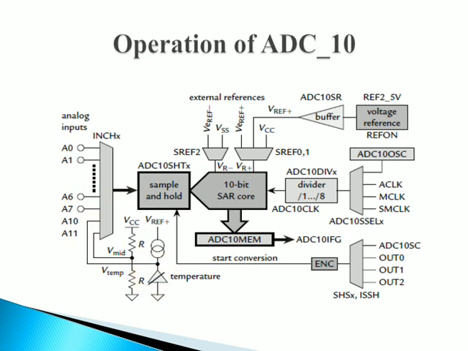Next we have the conversion trigger. This conversion can be triggered by setting the ADC10SC bit from software, and after completion of the conversion it is reset automatically. So this is your input conversion trigger. The next block over here is voltage reference and buffer. The internal reference can be selected by using the REFON bit, where you can select your internal voltage.